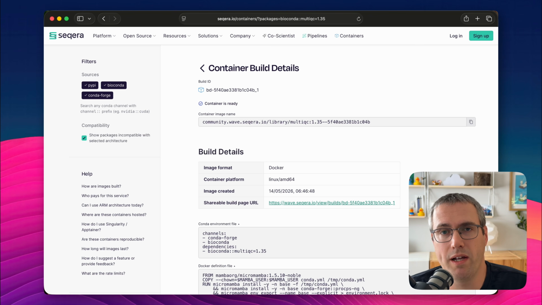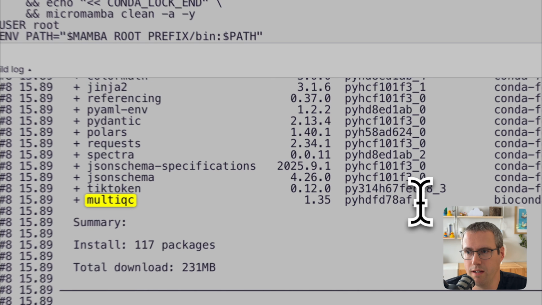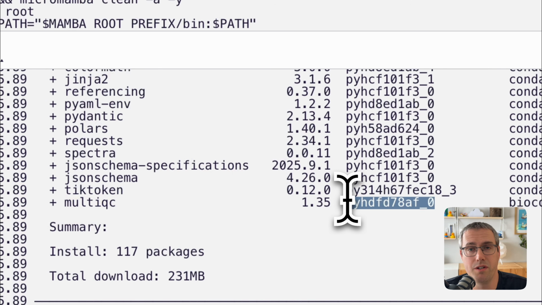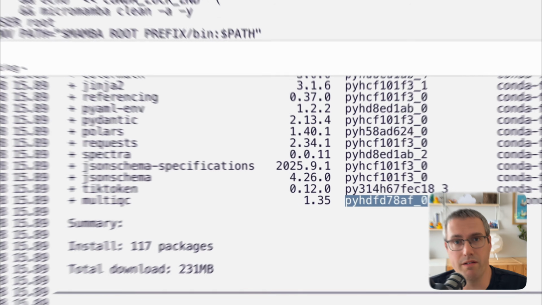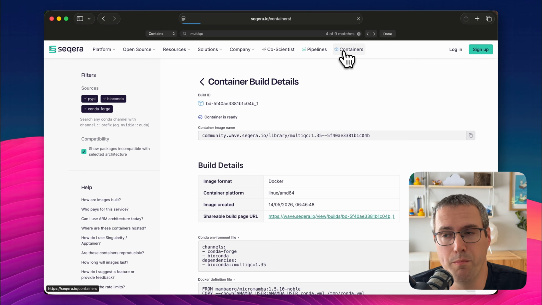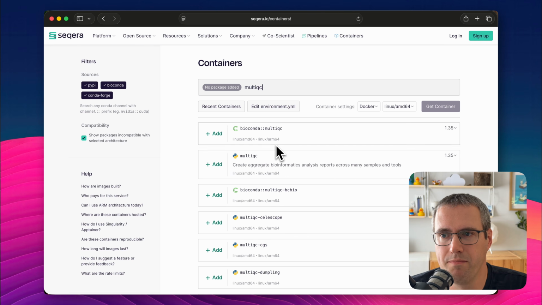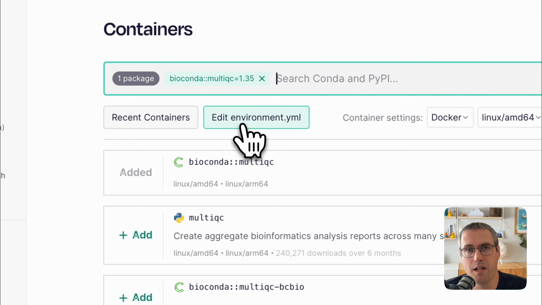And so when I request this version of MultiQC, it finds this cached version. And if I search for MultiQC in the logs, you will see here that this is the build number that was used, and you can see this is the _0, so it's the original build. So how do I get a new Seqera image built for the new build? Well, I can go again and search for MultiQC, select it, and this time I'm going to click this new